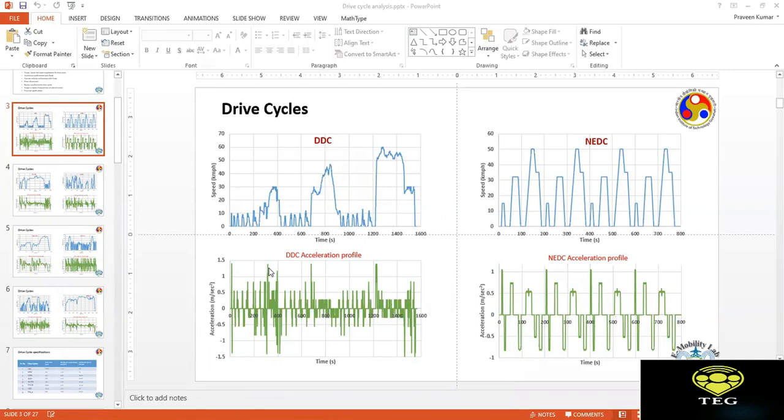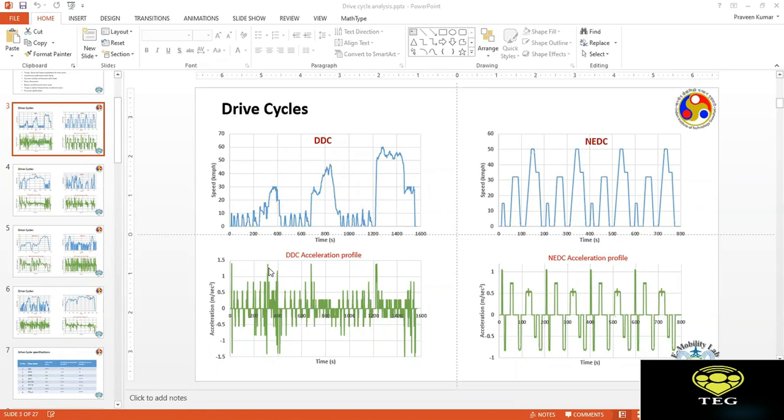When we design a drive cycle, we have to collect samples for different days of the week, for different hours of the day, and then take all that data and create a representative drive cycle. The data for this drive cycle must have been taken for 1 or 2 months continuously, every day, at different hours and at different locations, and from there the drive cycle is developed. The question of how we design a drive cycle is a completely different story.